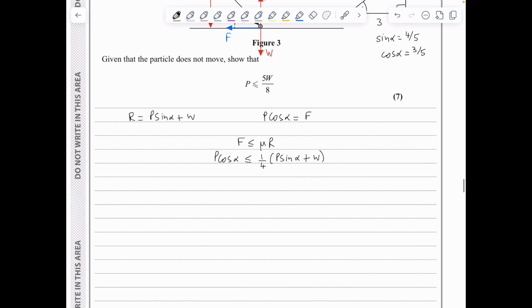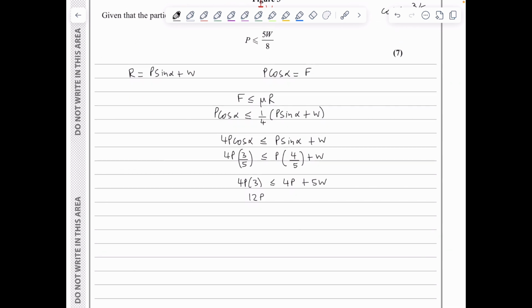I will cross multiply to get 4P cos alpha is less than or equal to P sine alpha plus W. I will be replacing cos alpha with 3/5, so 4P times 3/5 is less than or equal to P times sine alpha, which is 4/5, plus W, and I will be multiplying throughout by 5 to get 4P times 3 is less than or equal to 4P plus 5W. So we're looking at 12P less than or equal to 4P plus 5W, leading to 8P being less than or equal to 5W, and therefore P is less than or equal to